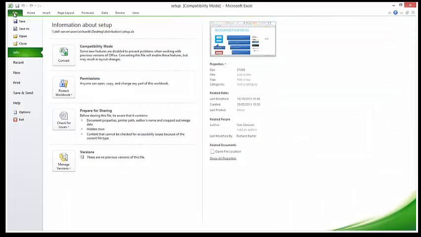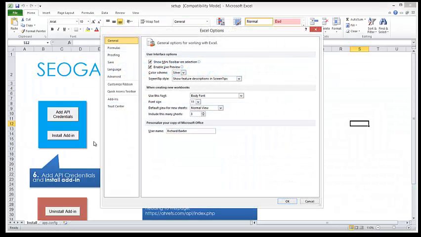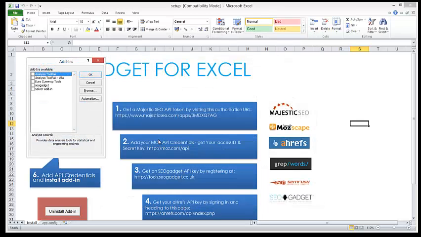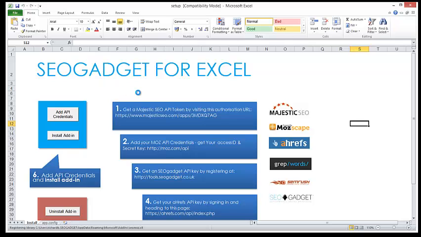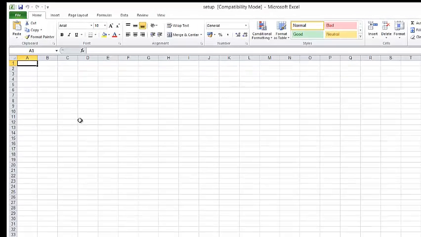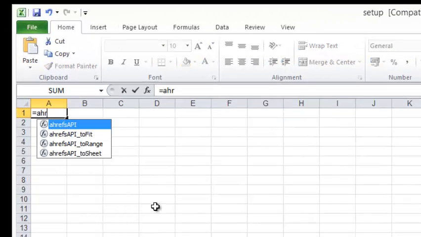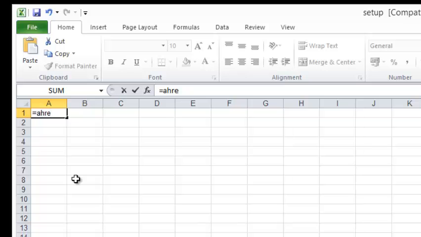So you do that by going to File, Options, Add-ins. Now you see just down here, Manage Excel Add-ins. If we click Go, then you'll see SEOgadget's appeared in the add-ins list. If we click OK, there we go. And you can test this very quickly if you just create a new sheet and go equals Ahrefs. You'll see that the new functions have appeared. So you've now got SEOgadget for Excel